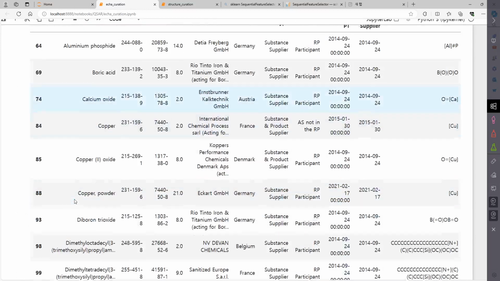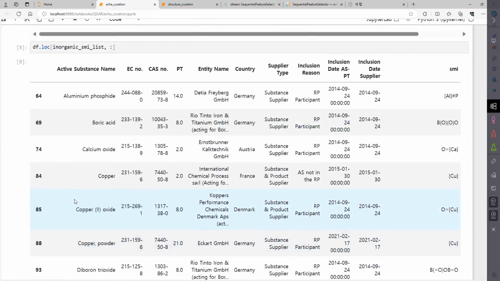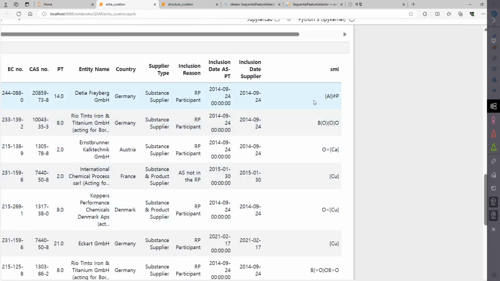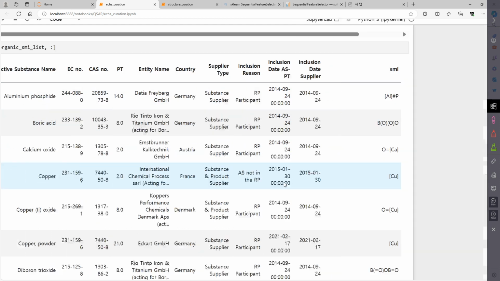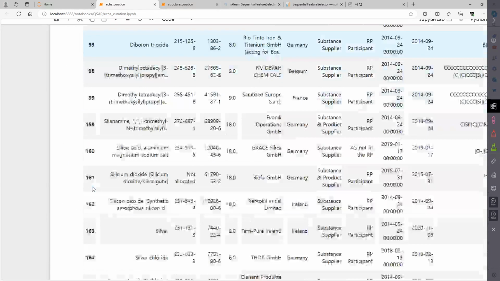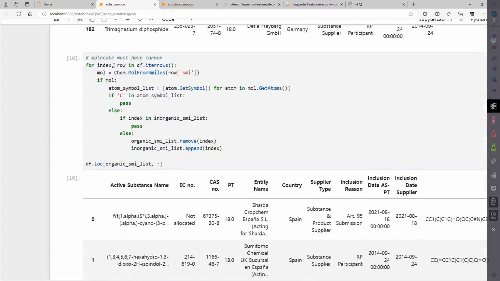So you can just copy and paste, but here you see there are much more, well, much different atoms here, like copper, calcium, boron, aluminum, and so forth. And now this part is also checking if the molecule has a carbon. And the code is a little bit modified in this part